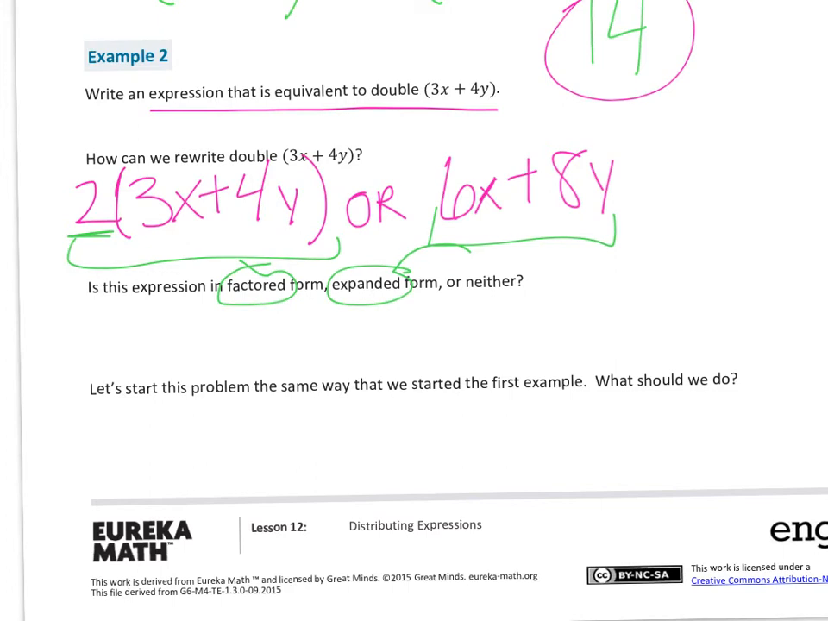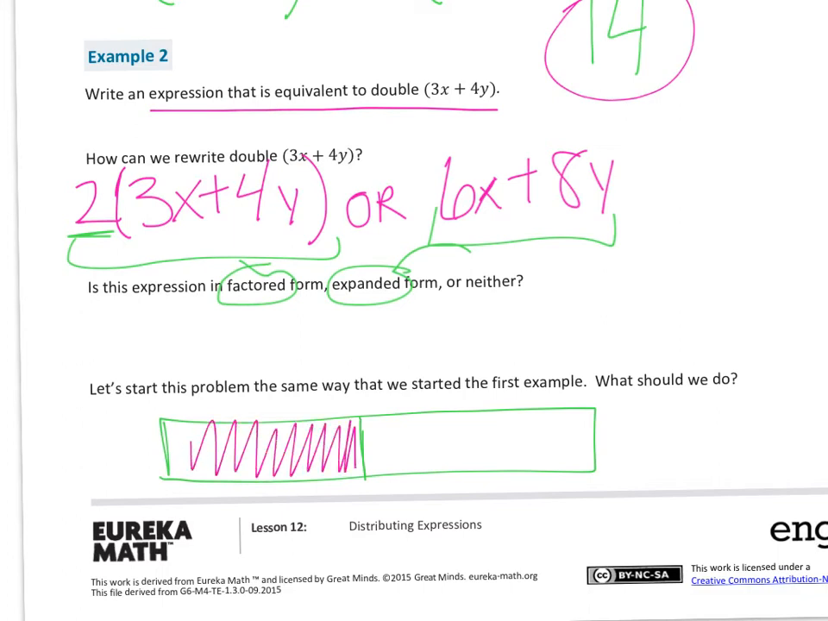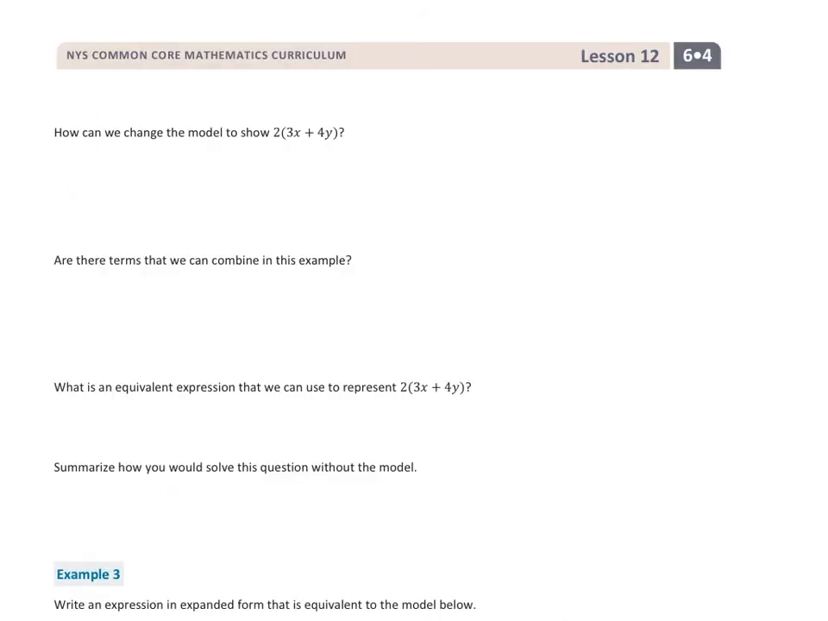So let's start the same way we started the first example. We're going to draw a model. So I'm going to draw it out. I'm going to chunk it. This time I'm going to color it pink. And I'm going to label this 3x, and this one here is 4y, since those are the 2 quantities that are being added together. Now if we wanted to change the model so that it showed the doubling, so that it showed the 2 times 3x plus 4y,